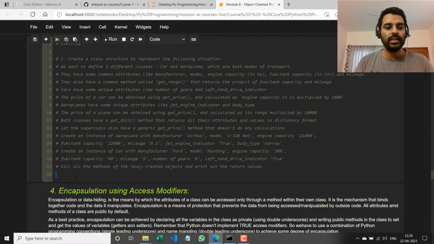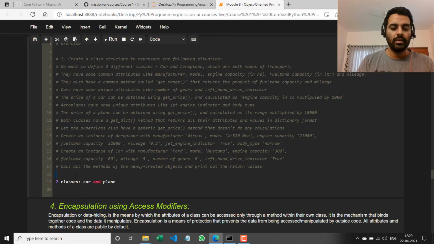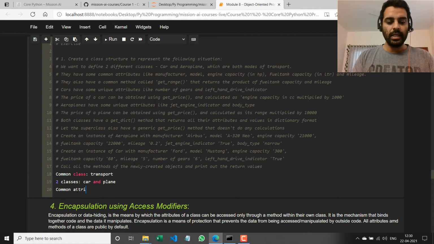So let's just say two classes, car and plane, right? Common class, you can say, is transport. Now, I'm just writing a bunch of details here, right? It makes it easier to summarize. They have common attributes, right? Manufacturer, model, fuel tank capacity, mileage, whatever. So let's say common attributes,